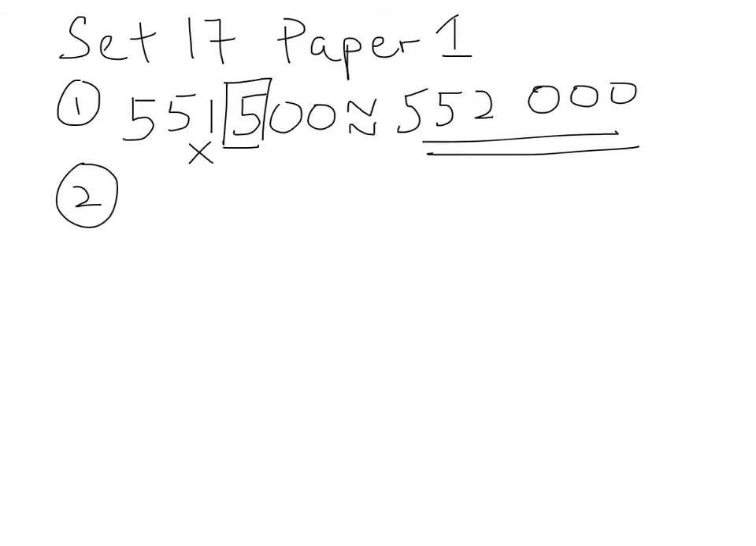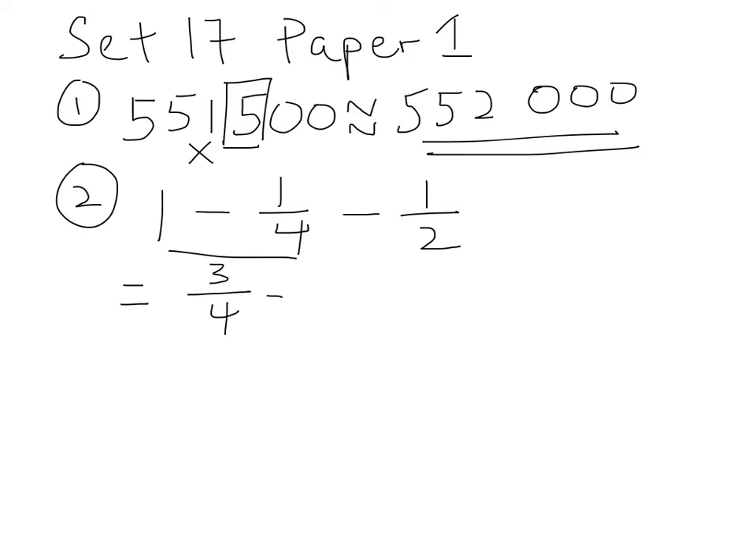Question 2. Harry and Yanti had a total of $750. After Yanti spent 1/4 of the money and Harry spent half of the money, how much money was left? They have one whole. Yanti spent 1/4 of the money, while Harry spent half of the money. This will give us 1 whole minus 1/4, you get 3/4, minus half is actually 2/4, so our final answer will be